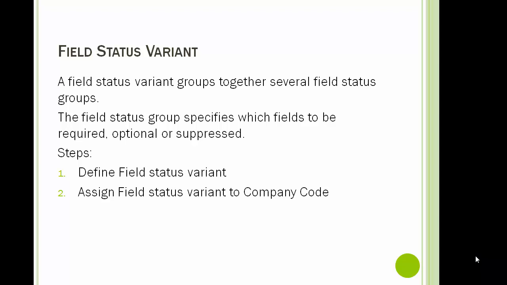Then again there could be cash sales, credit sales, cash recovered from customers, or payment received from customers. There could be purchase of assets, sale of assets, retirement of assets, scrap of assets. There could be expenses payment, advance payment, provisions. A lot of different business transactions take place. So all these different natures of business transactions require different fields to be mandatory, required or